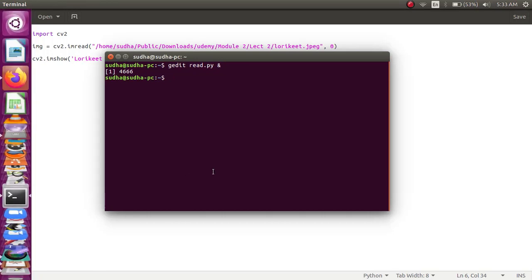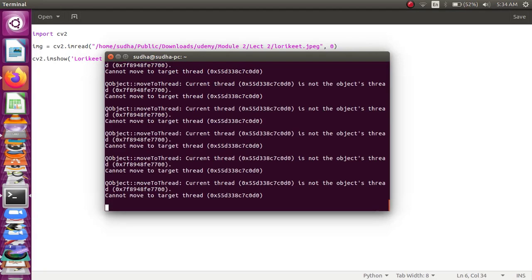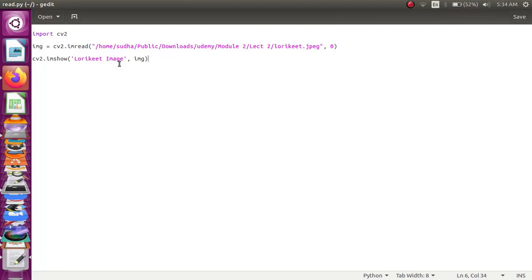For running your code, you have to type python followed by the name of the file. So if you see here, within a fraction of a millisecond, the image appeared and disappeared. In order to make the image window wait for some time, you have to specify the wait command, cv2.waitKey.